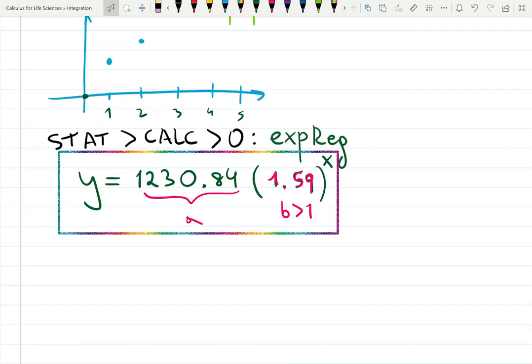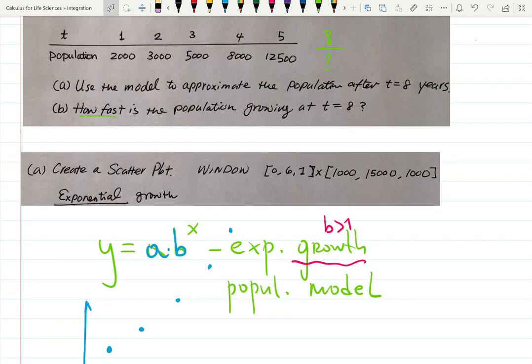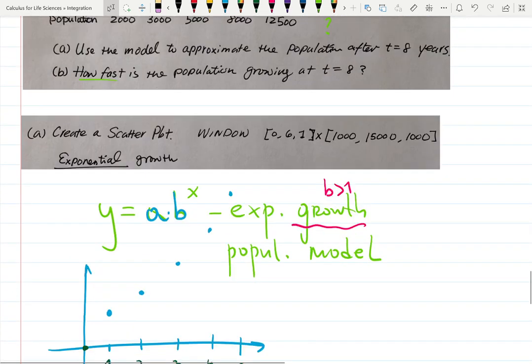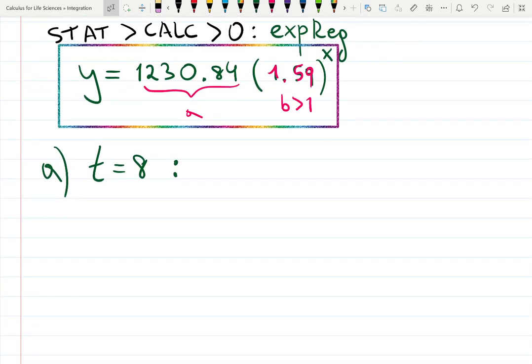A actually immediately asks, use this formula to approximate what happens when t is 8. Okay, when t is 8, that's what we did in your homework last month. Also, did they tell us the name of the function? No, not really. So you can call it any letter you want. We can keep it y or f or p. So it would be smart to call it p of x. Population usually is called p. But technically speaking, you can use the first letter of your name if you want. Doesn't matter. P at 8 will be plug in, and it's approximately